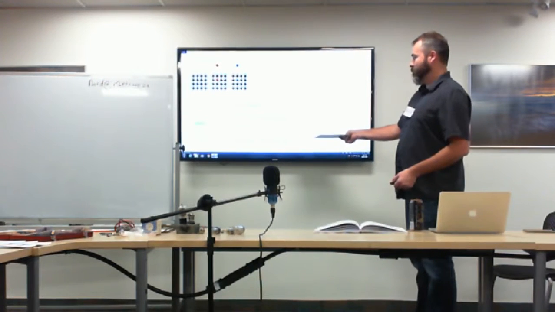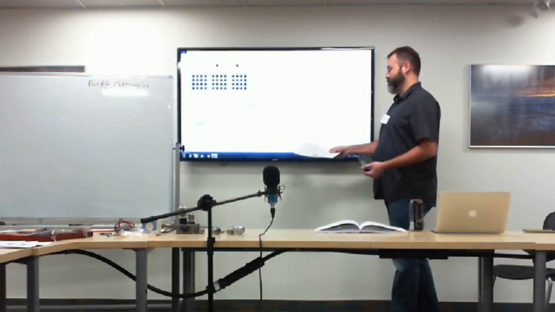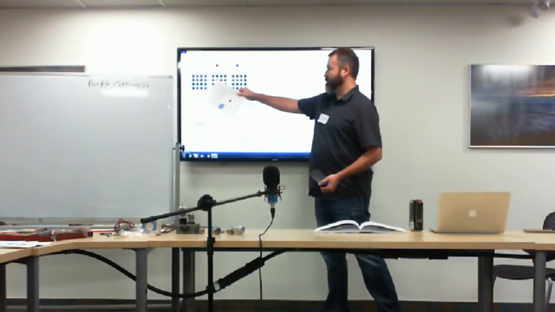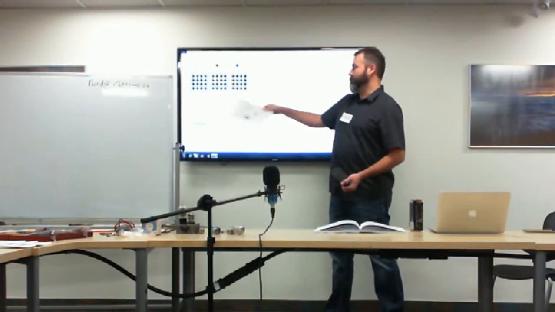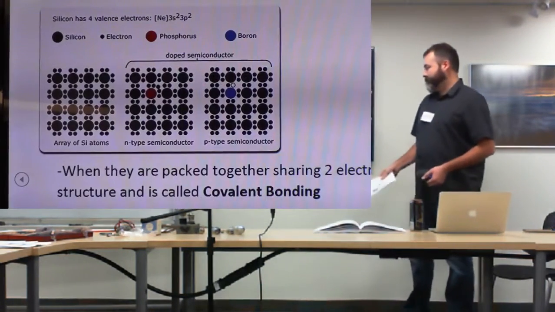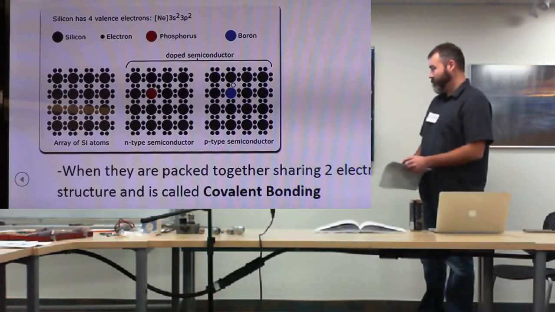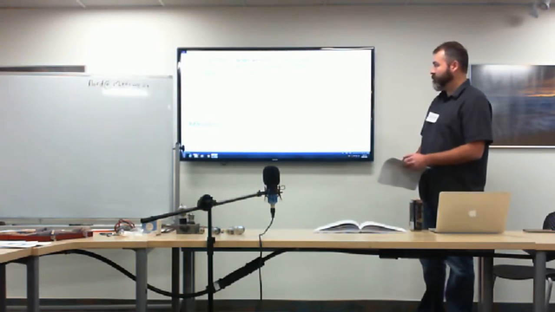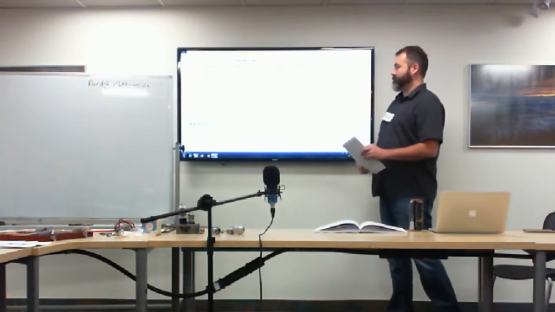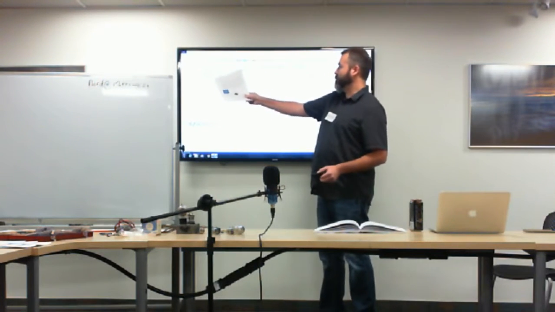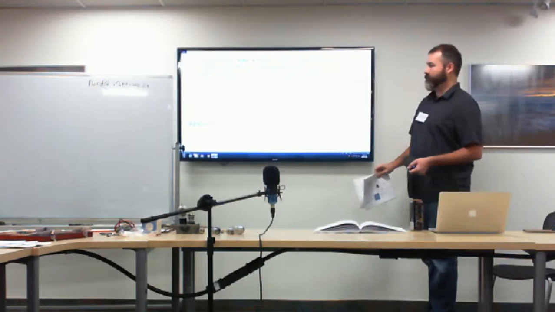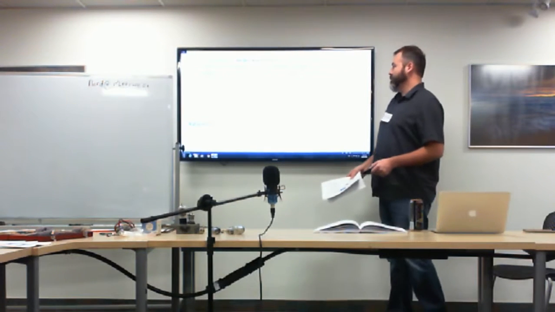So as it says here, when doping they use a material that has one less or one more. For example, like I said, phosphorus has one more electron and boron has one less. Which creates, as I said earlier, the N-type, which has extra valence electrons, creating a negative charge. The P-type has missing valence electrons, holes, creating a positive charge. Silicon and germanium are the most widely used forms of semiconductors in computers and electronics.